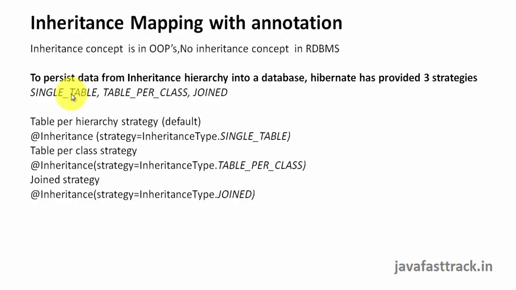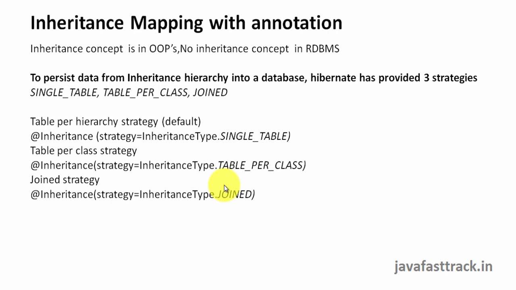So with that, I completed single table strategy. If you don't mention anything, it is taken as single table strategy. Now the Java program, everything will remain as it is. Only the table structure is going to change. For table per class strategy, you just change the annotation to table per class. Or later, you can change the annotation to join strategy. So change the annotation, based on that the table structure will change. The client programs are not going to change. Nothing is going to change other than these annotations and the tables.